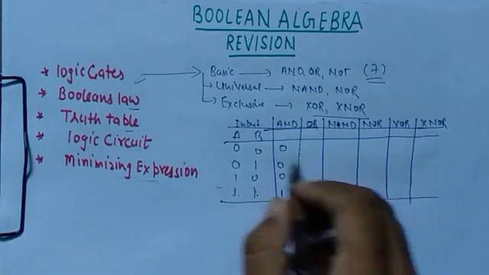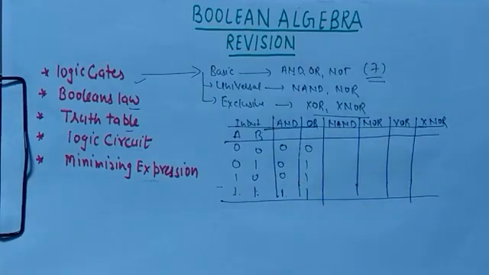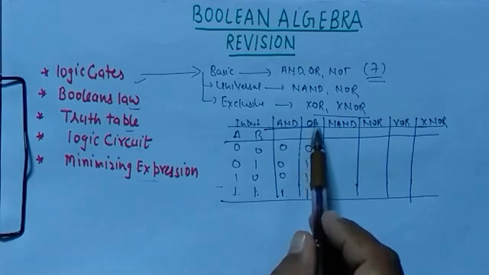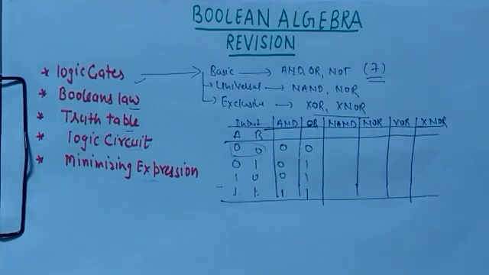In OR gate, first will be 0 and the rest will be 1. Here you can see that in OR gate there is only one 0, because both inputs are 0. If any of the inputs is 1, then output will be 1. So what is the working principle of OR? If any of the inputs is 1, then output will be 1. Or we can say that in OR gate, if all the inputs are 0, then output will be 0, else output will be 1. Now these are the main 2 gates.